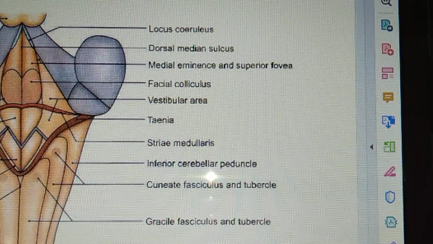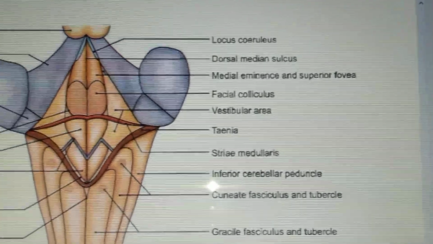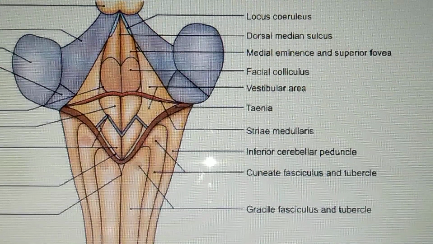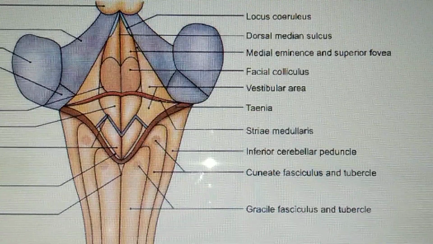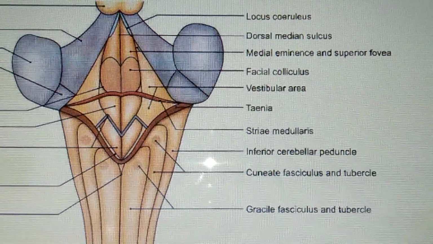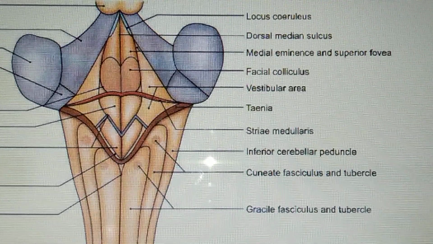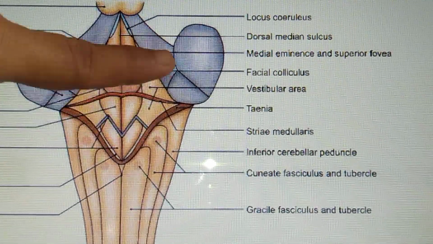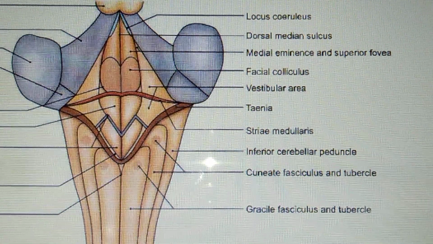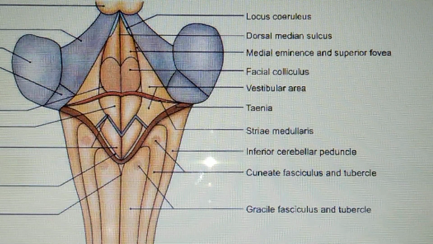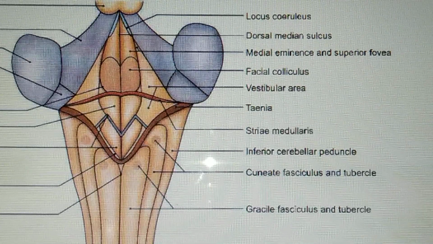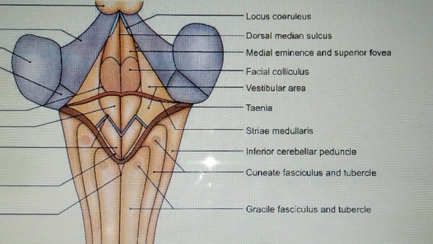Next, what you can see in the floor is the vestibular area. It lies lateral to the superior and the inferior fovea. This area of the floor overlies the vestibular nuclei, and it is partly in the pons and partly in the medulla. So that is all about the floor of the